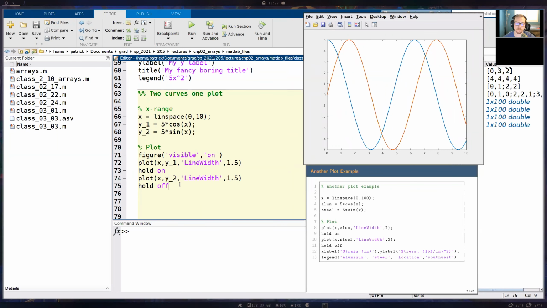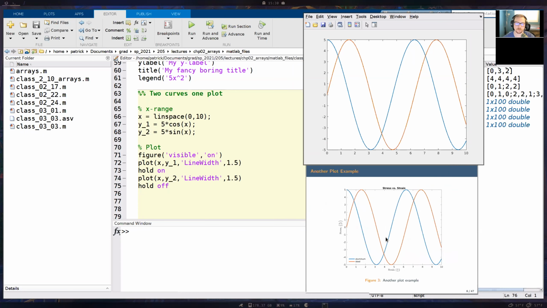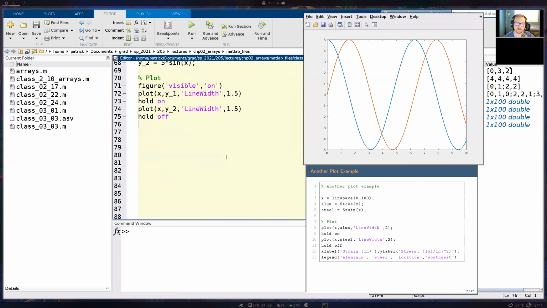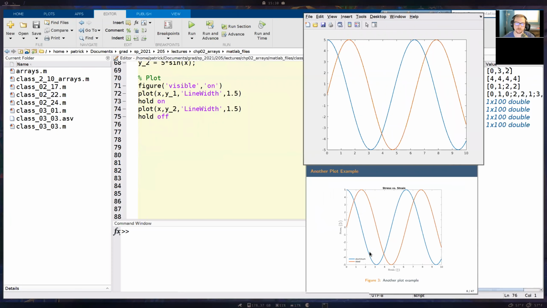Okay, so let's add in some x labels and some y labels now. So we kind of went over briefly how to make x labels and y labels, but now we're also going to add in some units here, or some fractions.